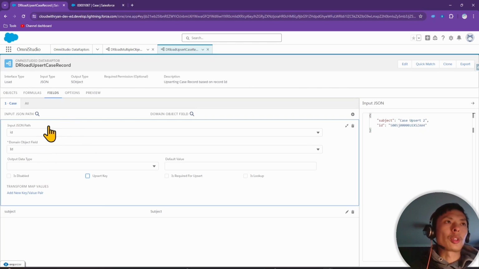Otherwise, if you are just using the ID field, this is optional, but I usually tick it anyway, so it's easier to understand by other developers, knowing that we are using this as an Upsert key. Right, so